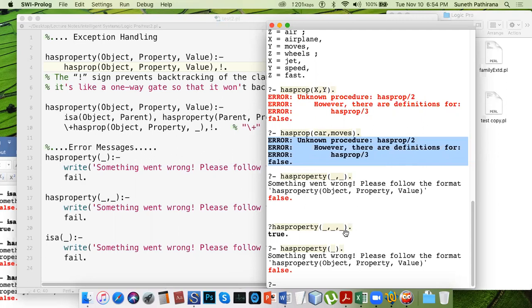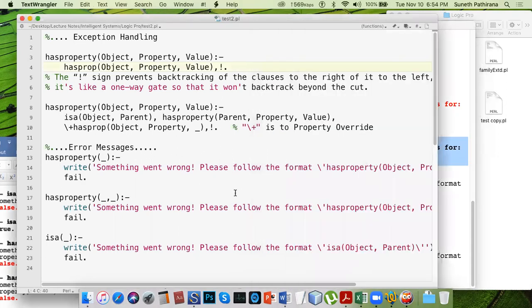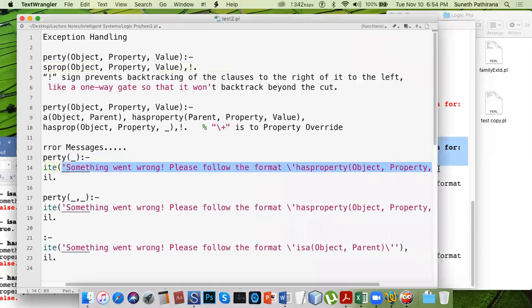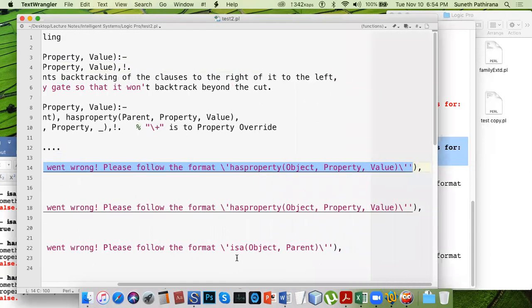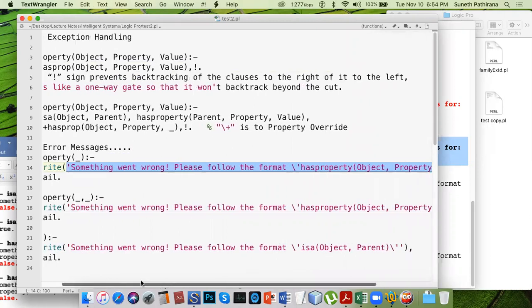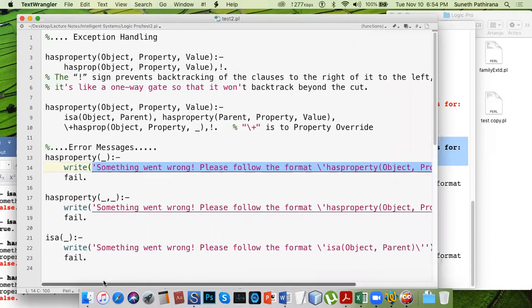what you can do is display a nice message here. This is also a bit too technical, but you can just provide the instructions or the guidelines in plain English using simple language. Use three parameters. You have entered only a single parameter. There must be three arguments, something like that you can tell.